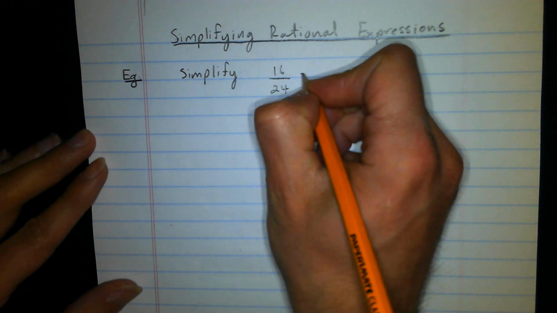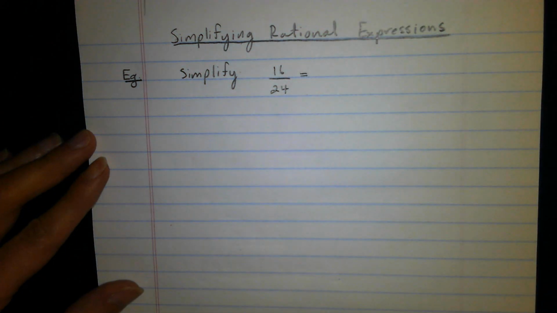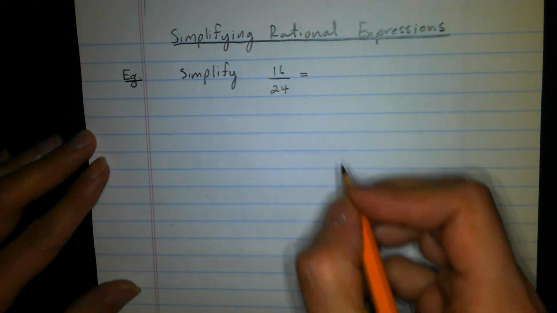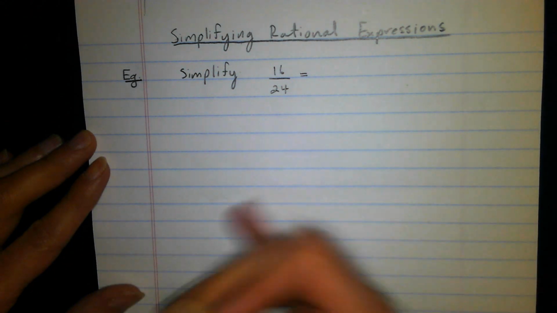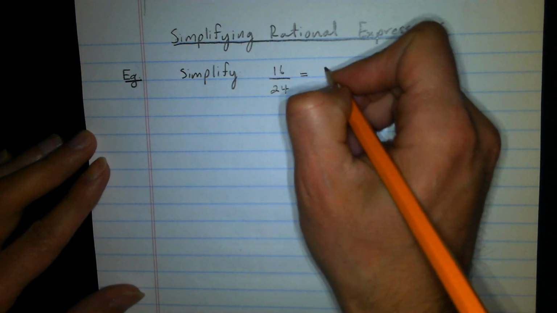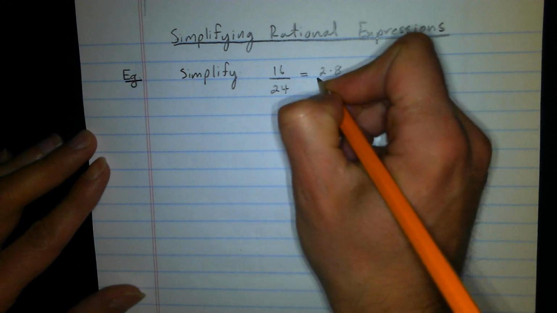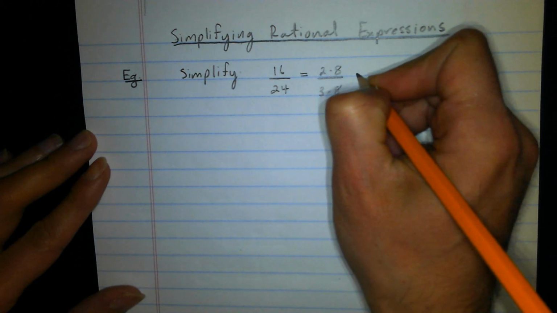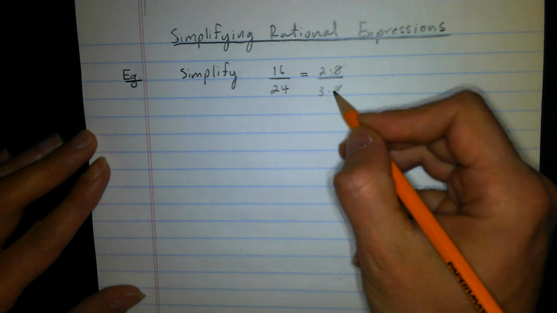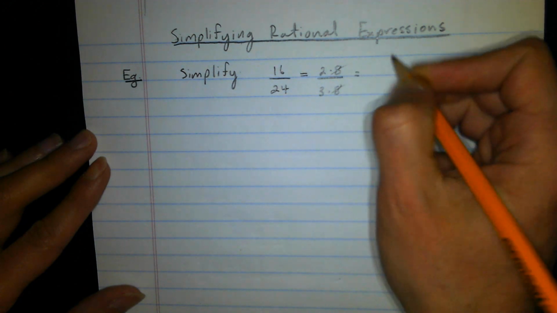And how could we do that? Well, typically I see a lot of students write, oh, well, I can divide the top by 8 and I can divide the bottom by 8. But another way to do it is just to factor the numerator and denominator and cancel common factors. And this is going to be the same thing we do with rational expressions. So what does this look like? Well, I've got 16 can be written as 2 times 8, and 24 can be written as 3 times 8. And then I can cancel the 8's because 8 divided by 8 is 1. And I'm left with